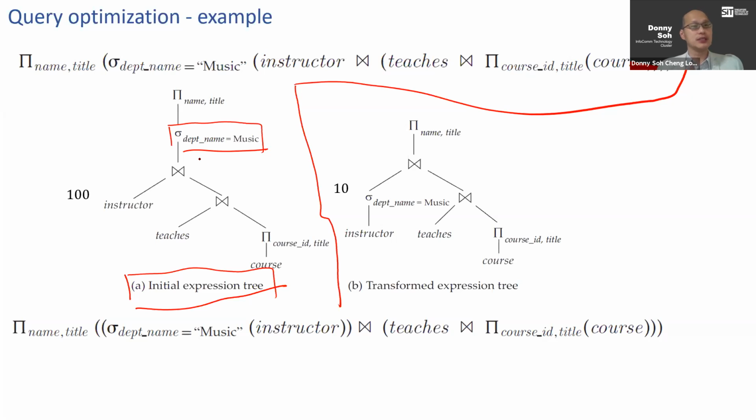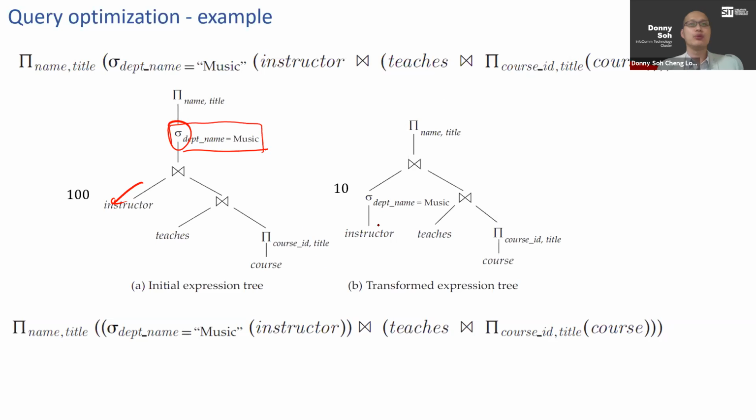query cheaper to execute. So in this scenario, what is happening is using one of the relational algebraic rules to push my sigma operator down to my instructor, and so it ends up with my sigma being pushed into my instructor. And so if I were to draw my algebraic expression tree, I will end up with sigma. Maybe I look at this one first. Projection of name and title